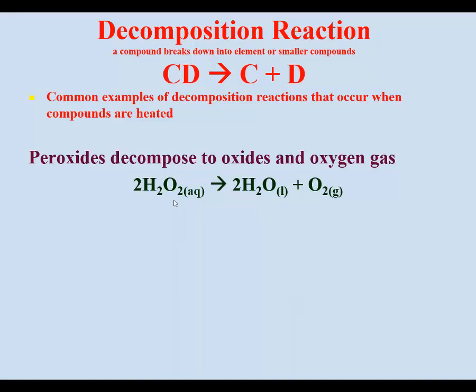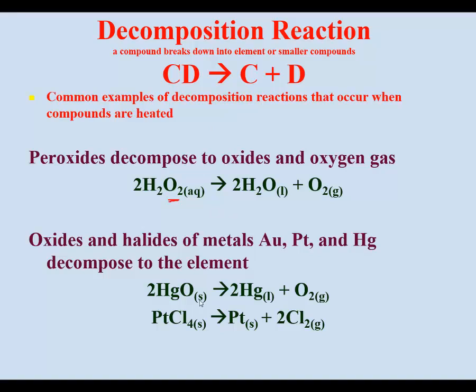So remember, when I'm seeing peroxide, the peroxide anion, O2 2-, if I see any type of peroxide, we can expect that it could decompose to form a simpler oxide and oxygen gas. So that's the type of form that we look for. Hydrogen peroxide is the most common example of this. If we consider